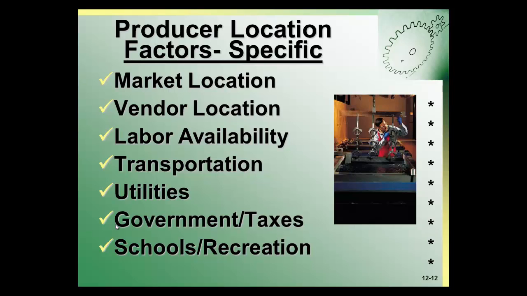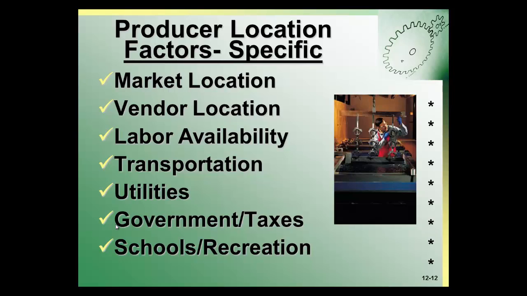But they are completely different. Producers want to select a location that is close to the market they serve. That is why many producers will have several smaller manufacturing plants in different parts of the country, rather than one single plant in the middle of the country. A plant located in Atlanta, Georgia could supply products to the entire Southeast.